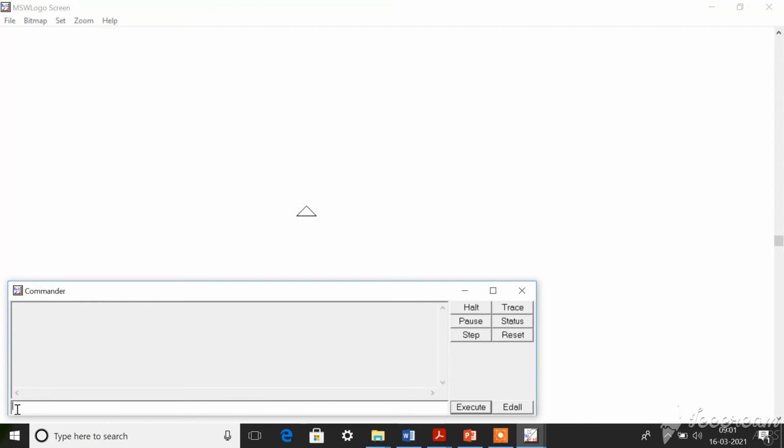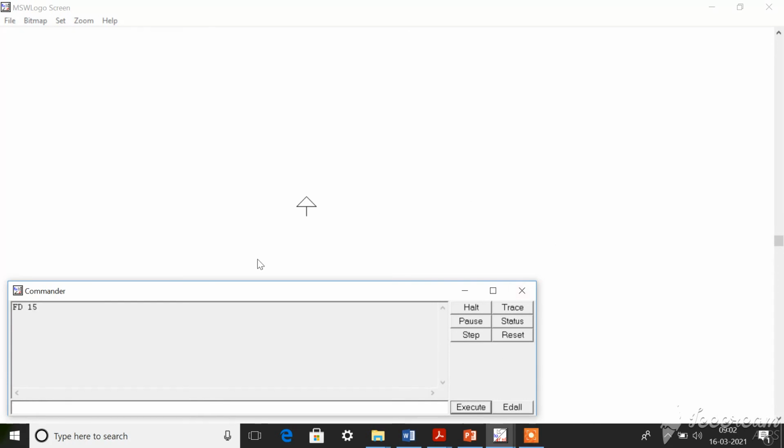Shall we give the forward command now? The forward command is FD, right? Every command should be in capital letters. So click on caps lock and type FD. Then click the space bar, give one space, and mention the number of steps you want your turtle to move. I'll mention 15, so 15 means it will move 15 steps. After mentioning it, click the enter key.